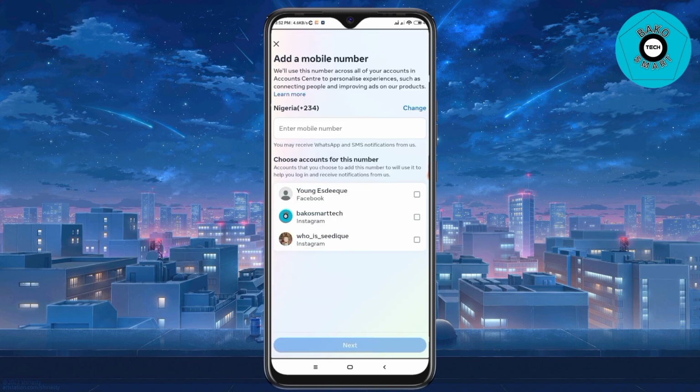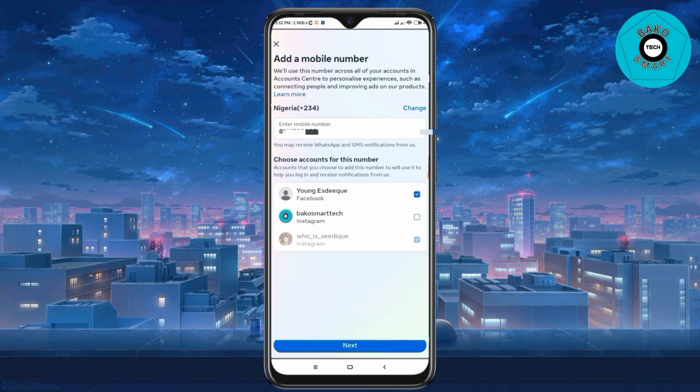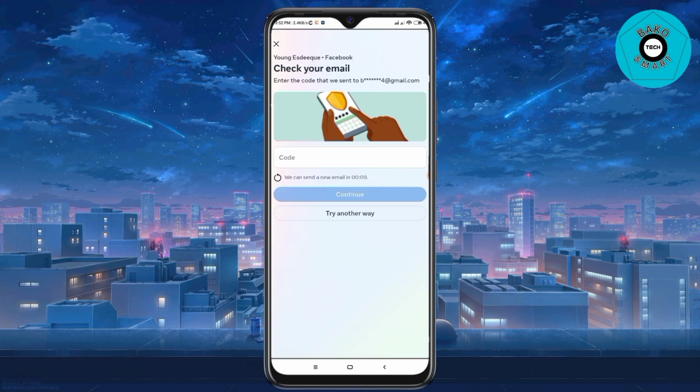Then after that, here you are going to type the number you want to add to the account. And don't forget, after typing your mobile number, here you have to select the account you want to add the number to and tap on Next. When you tap on Next, it's going to pop up here where they are going to send a code